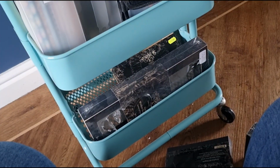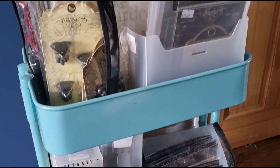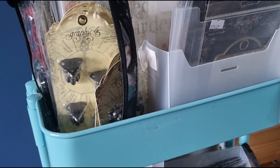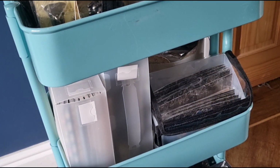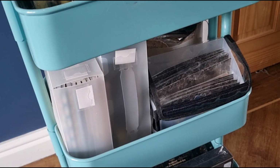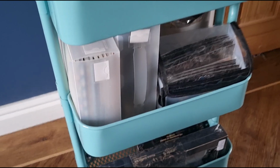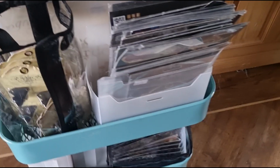So that is how I store my Graphic 45 papers and ephemera. Dies too, of course, and I hope that's given you some ideas for how you might like to store yours as well. I'd love to find out more about how you store your Graphic 45 goodies, so don't be scared to share with me how you store yours,